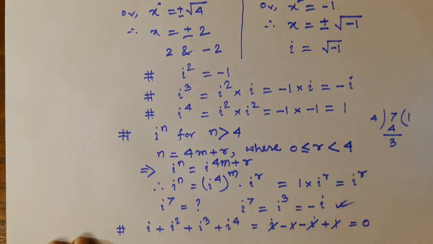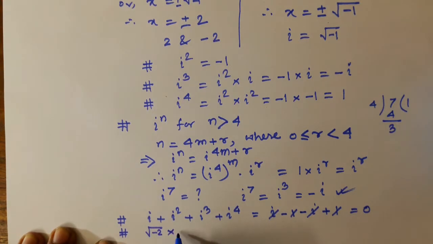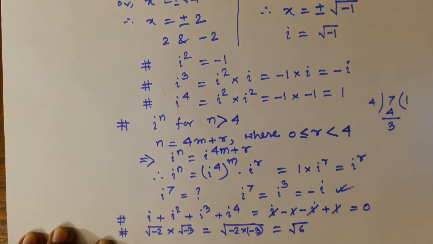Now can you tell me the important question, what will be this result? Root over minus 2 into root over minus 3. Will you write root over minus 2 into root over minus 3 is equal to root over of minus 2 into minus 3, that is equal to root over of 6? No, this is a wrong statement. This is a wrong statement, because